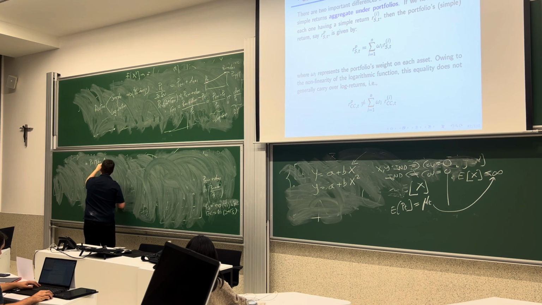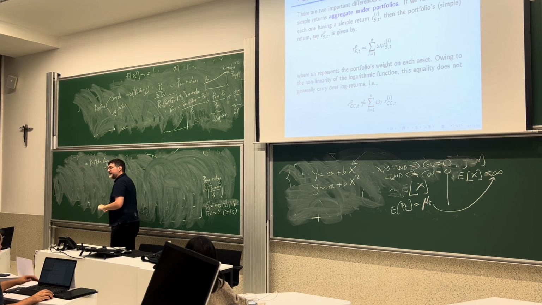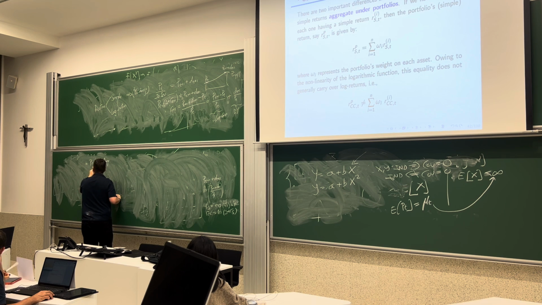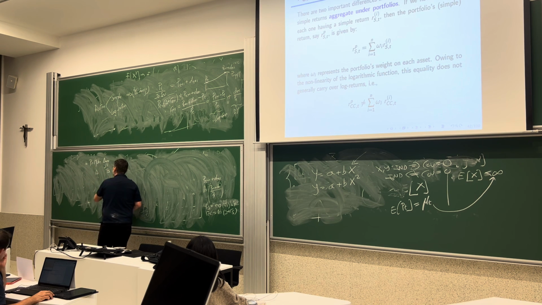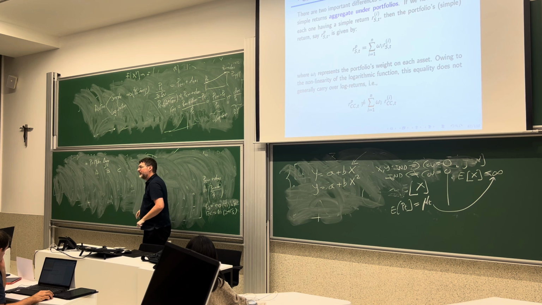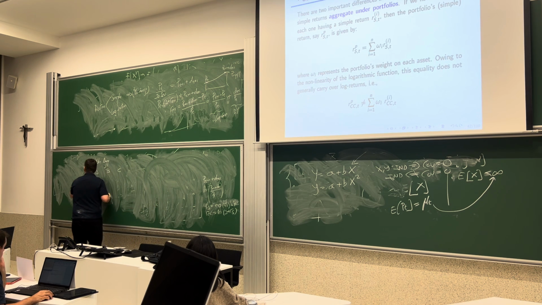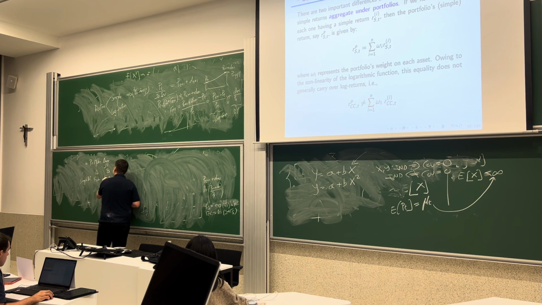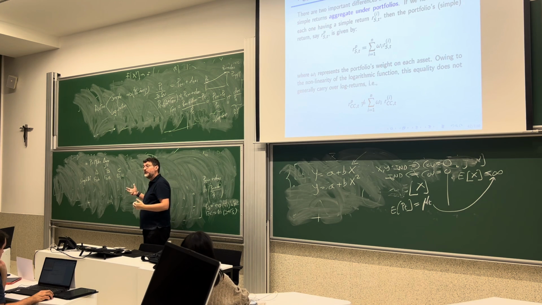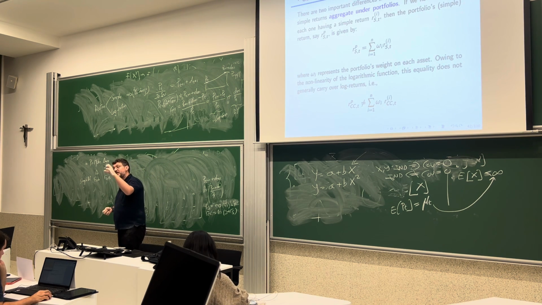It is portfolio aggregation. That means that, keep in mind, I have three assets: asset A, asset B, stock A, stock B, stock C. Each one produces a simple return. So the simple return of stock A, simple return of stock B, simple return of stock C. But because I have the three stocks in my portfolio, it's not so important for me how much they produce individually as how much my portfolio produces.